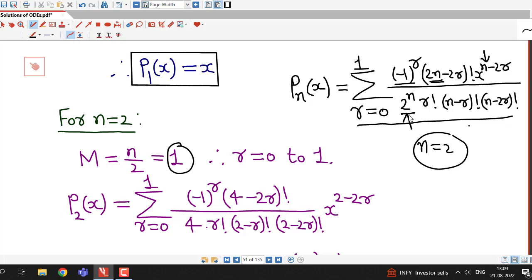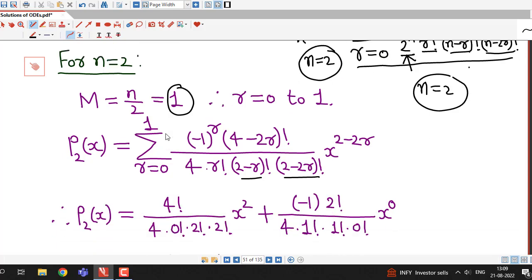This is 2 square, that is 4, r factorial as it is, and here we put n equal to 2, and we have 2 minus r factorial, 2 minus 2r factorial, x raised to 2 minus 2r. So first we have taken n equal to 2 in this summation, and capital M is 1,